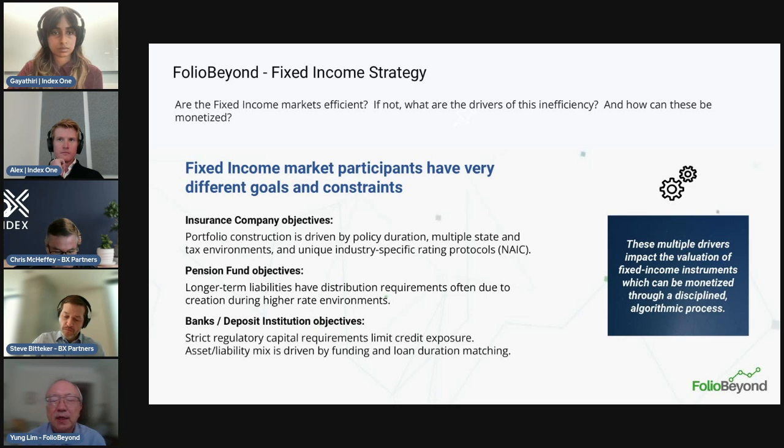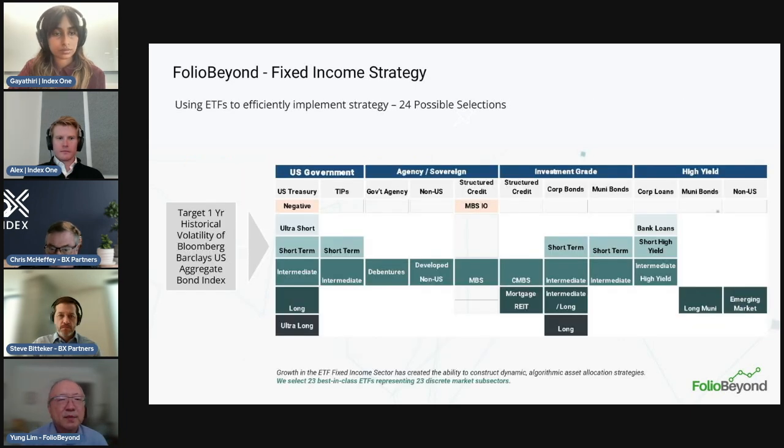and risk management. We look at the overall fixed income market based on duration exposure and product type. So from top to bottom, you have different duration instruments, starting with negative duration. MBS interest-only securities are one of the few instruments out there that actually provide negative duration, but current income at the same time. And then as you extend out in duration, you have various product types that are short, intermediate, long, and ultra long. And then across the top, you have different product types ranging from treasuries, corporates, munis, structured